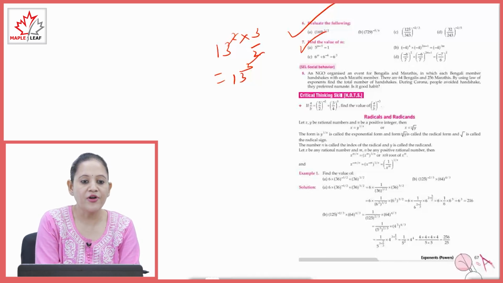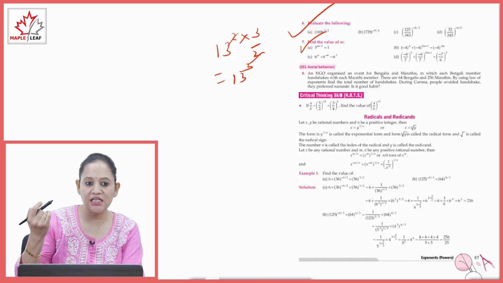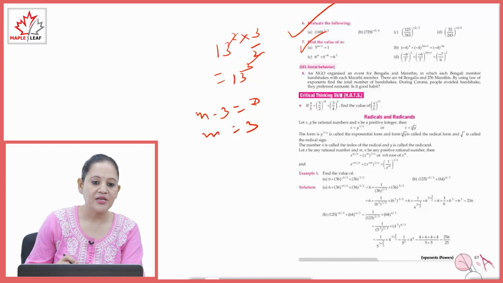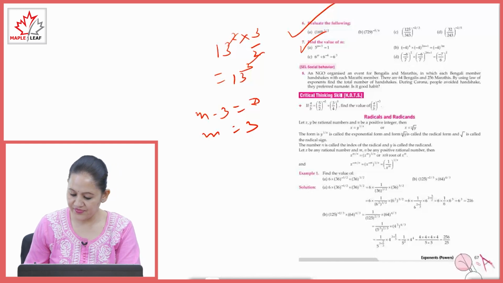So here 5 is to power m minus 3 equals to 1. So 1 means किसी की जो पावर है वो 0 रही होगी, that means value is 1. So m minus 3 equals to हो जाएगा 0. So m equals to हो जाएगा 3. Clear? So इस तरीके से हम सॉल्व करेंगे.